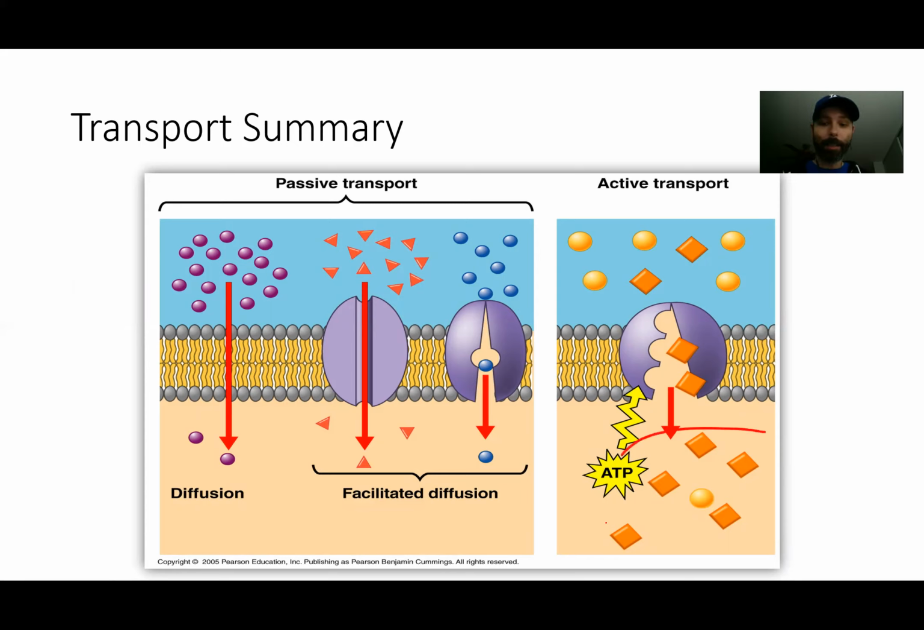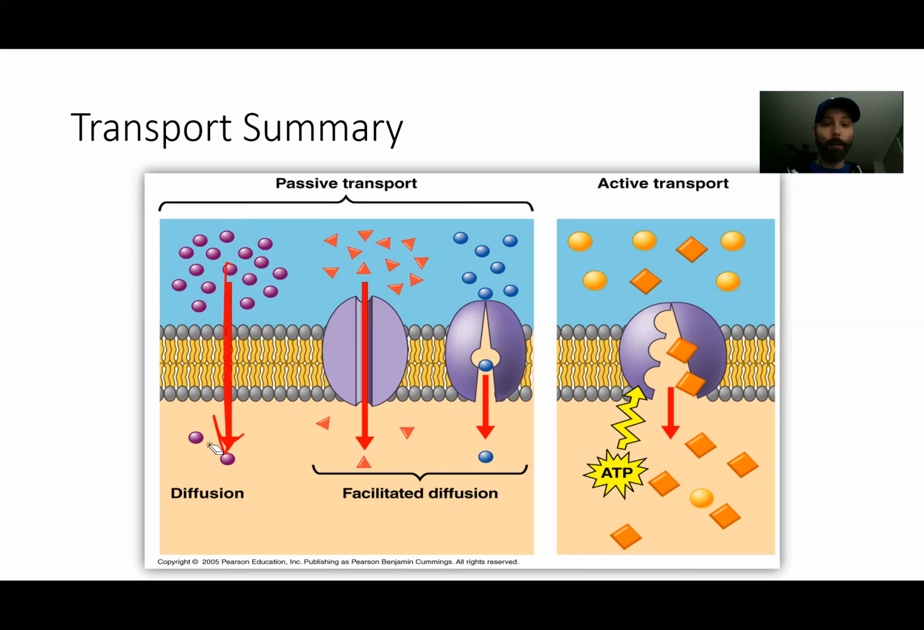The idea being that there's already a bunch of orange shapes on the inside, but we want even more to get in there. And so we have to kind of force those to go in there. Meanwhile, on the passive side, you could see this being something like carbon dioxide or oxygen molecules, which can easily pass through the cell membrane because they are small and non-polar, and they're just going to go from high